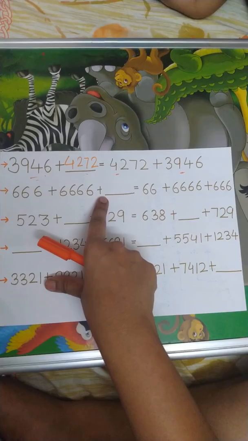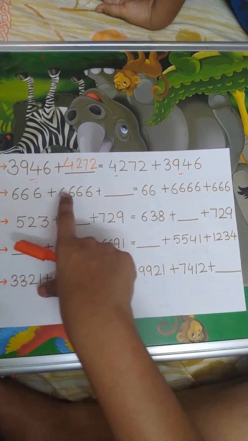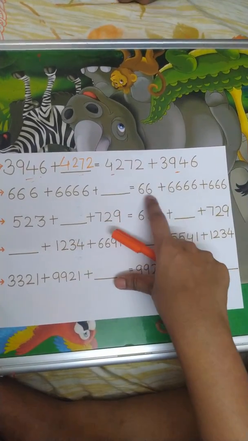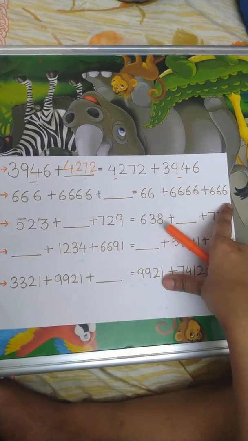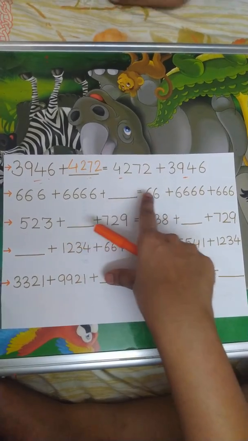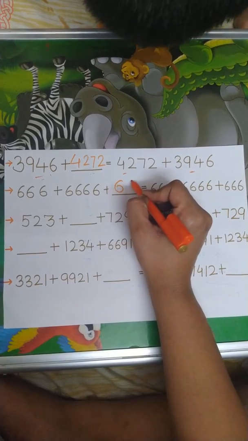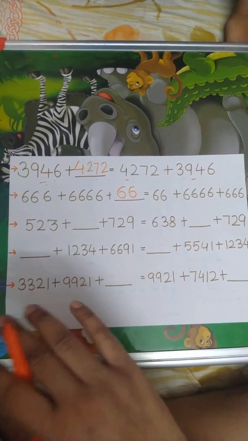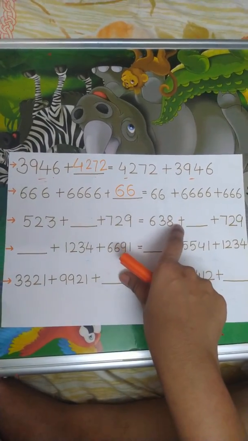Let's go to another question. Here it is 3 times 6, 4 times 6, dash. Here it is 2 times 6, 4 times 6, 3 times 6. So which is the new addend which is missing over here? Yes, 2 times 6. So I'll write my answer over here. It's very easy. You just need to find out which addend is here but not here.